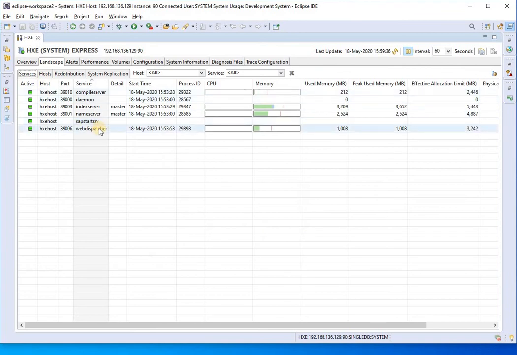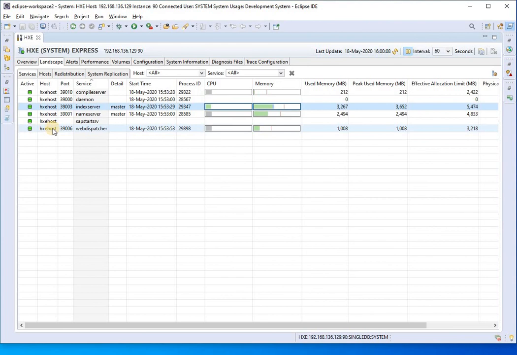We can monitor the running server component from the landscape tab of the administration console. Under the landscape in the service tab, we can see all the server components running, all the SAP HANA server components. So compile server, daemon server, index server. So we can see all are running.